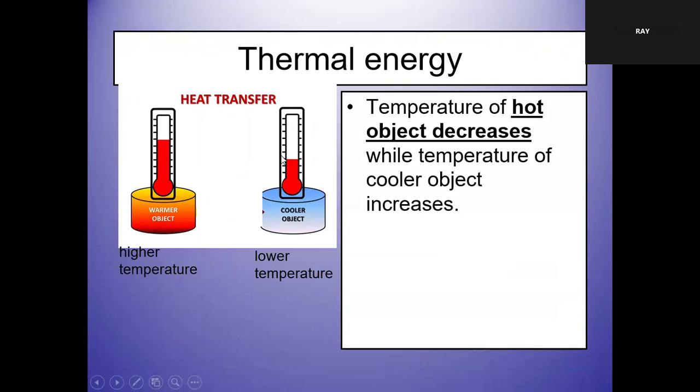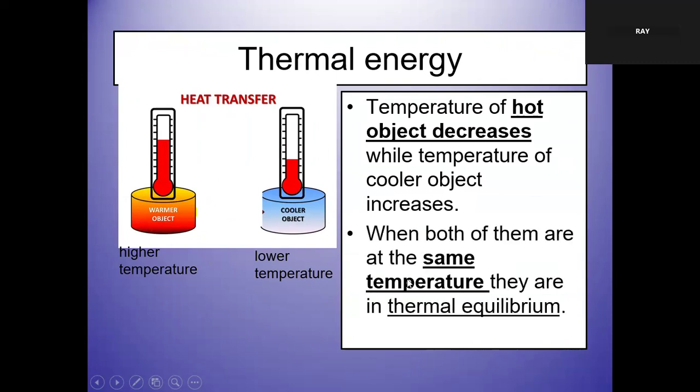Where you lose energy, temperature will go down. Temperature of the hot object decreases, or temperature of the cool object increases. Thermal energy is transferred to the cooler object. The cooler object will gain energy, so temperature will rise. When both of them are at the same temperature, they are in thermal equilibrium, so they will